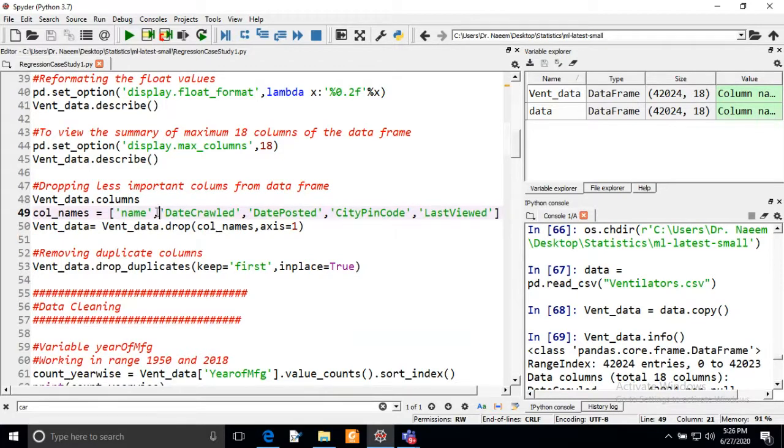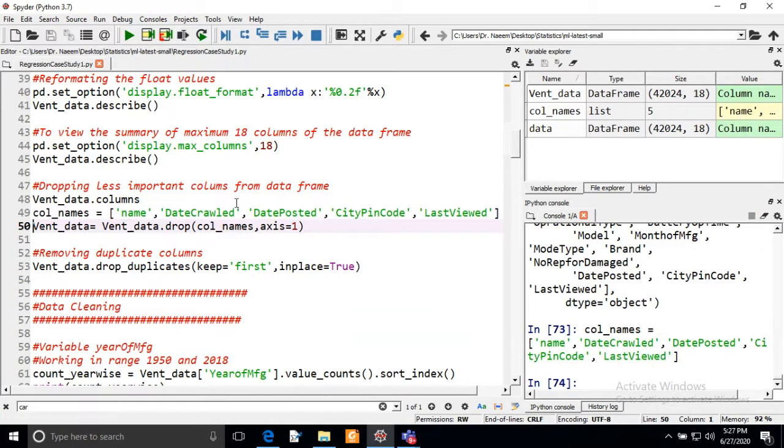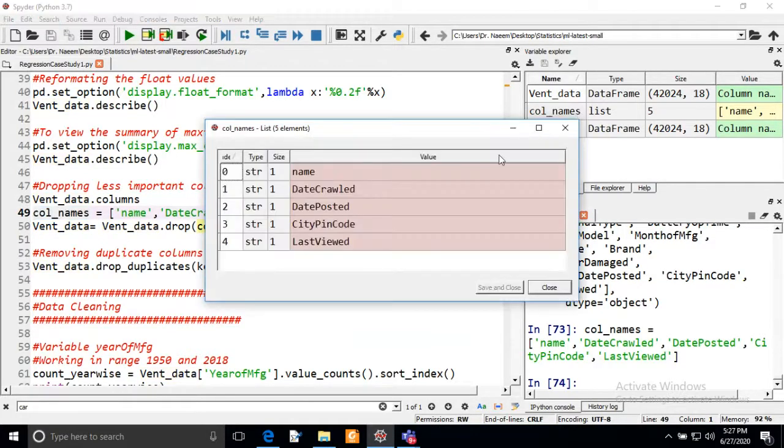So this time I'm just removing these columns from the data frame and the corresponding values of these columns. Now I'm creating a list of these columns, and after execution I have created one list of all these columns. You can see here I have the 5 names of the columns.